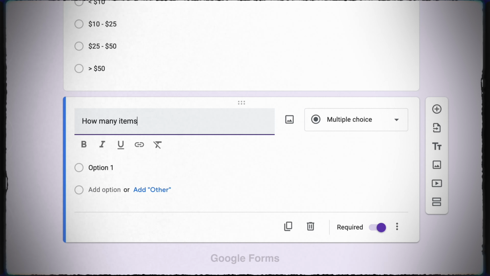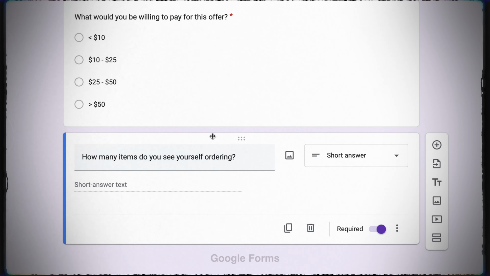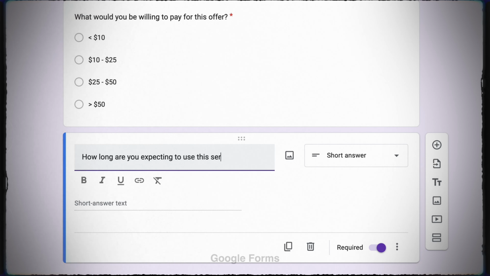You could ask people how many of this product they're going to need, or how long they're going to need the service for. That might give you an idea of what your average order value in total is likely to be. You could ask people what they're going to use it for. Sometimes it's obvious, sometimes it's not. And this could be really useful information, not only in terms of your future marketing efforts, because whatever they use it for, you could address those concerns or specifically emphasize those benefits in the ad copy, but it'll also help from a business standpoint in terms of